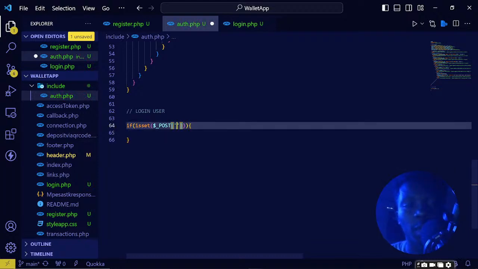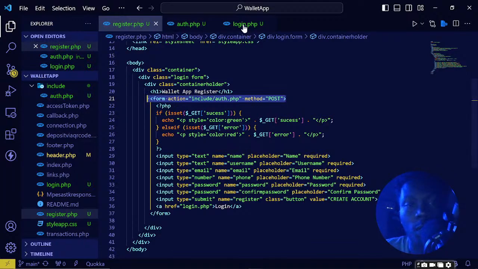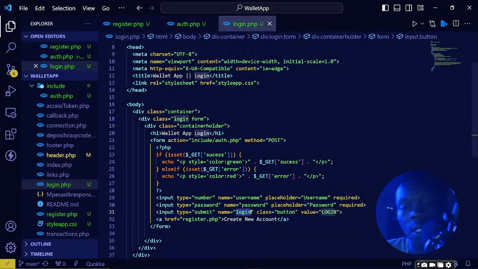Okay, post, then the button name is login, then we'll come to login. Then remember that what we are getting from the login, we are getting the username. That's what people will be using to log into the app. So come to login, then copy this login,